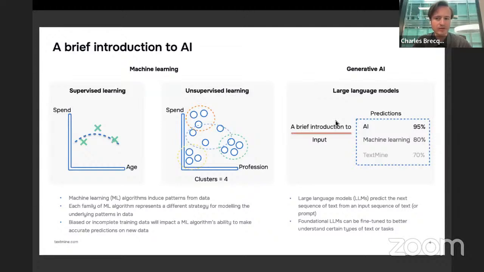But one key thing with large language models is that they're trained to answer or do all sorts of tasks. Obviously, ChatGPT is a good example. ChatGPT can write poems, summarize, answer questions.